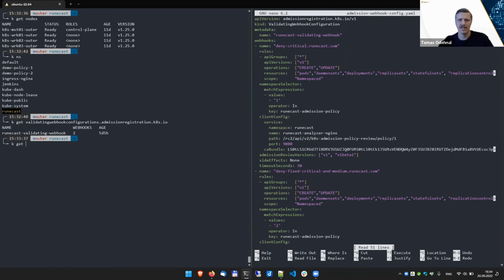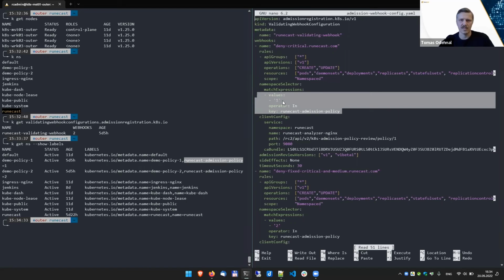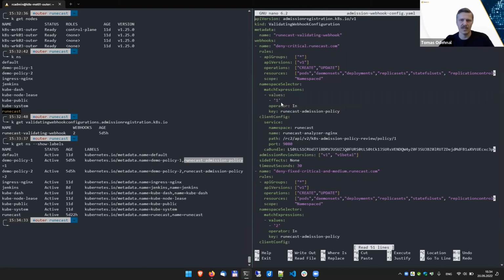So when I list the namespaces, you can see there is demo policy 1 and demo policy 2, and they are labeled with Runecast admission policy equals 1 or equals 2. So that's basically what's described here. And once you have a request that is creating workload in one of these tagged namespaces, the webhook will be called,